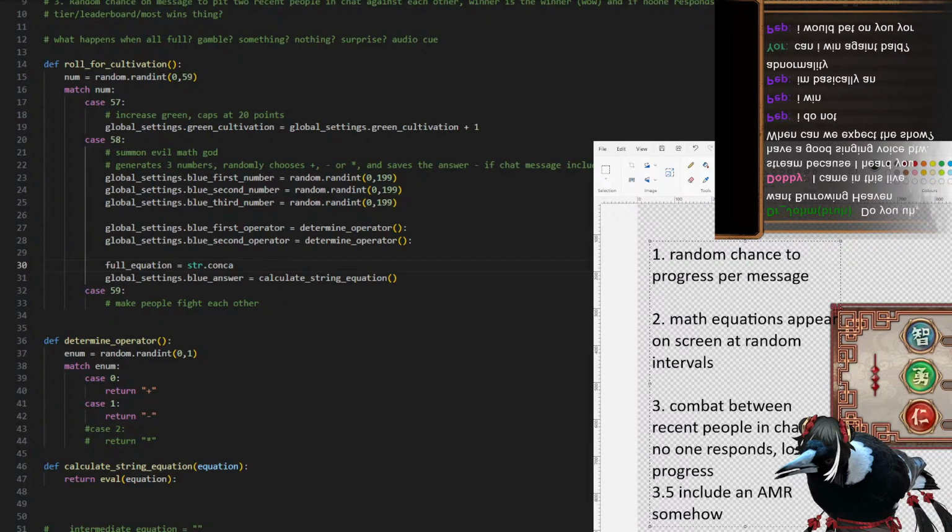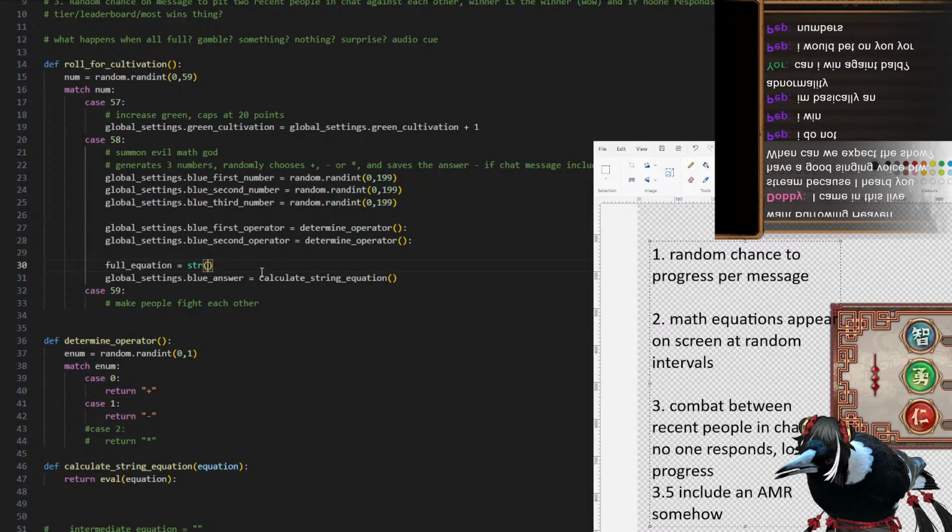Okay, what if it's a number? For numbers, the plus works as a mathematical operator. If you want to combine a string and a number, hyphen will give you an error. Well, yes, that's what I want to do. Don't just tell me there's going to be an error. Tell me how to get around it. So, okay, so what about str, blue first number,